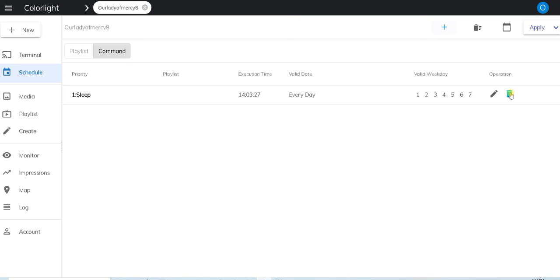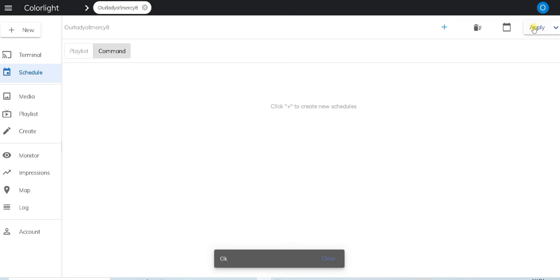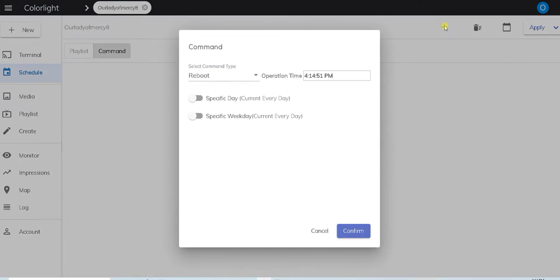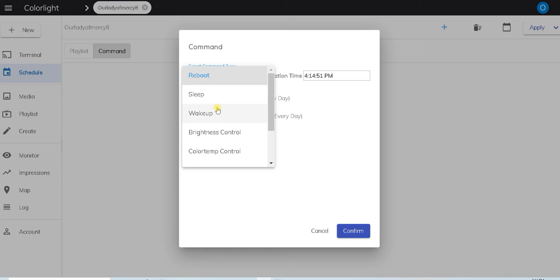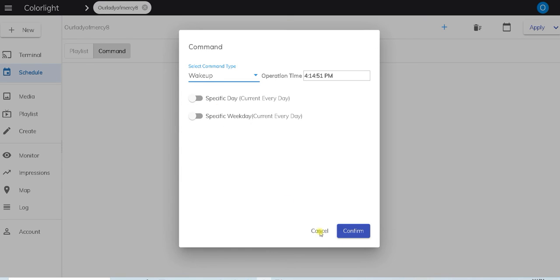So to do that, obviously the sign's been put to sleep over the holidays. I'm actually going to delete that function now, and that's been deleted. I'm going to make sure we apply, just to make sure, press this apply button up there just to make sure that's happened. And now what I'm going to do is make sure that every day the sign switches off at night. So once again, we go into the command function, we press add, we want to wake it up